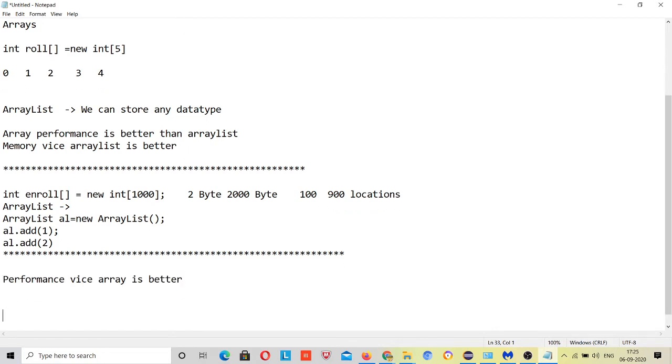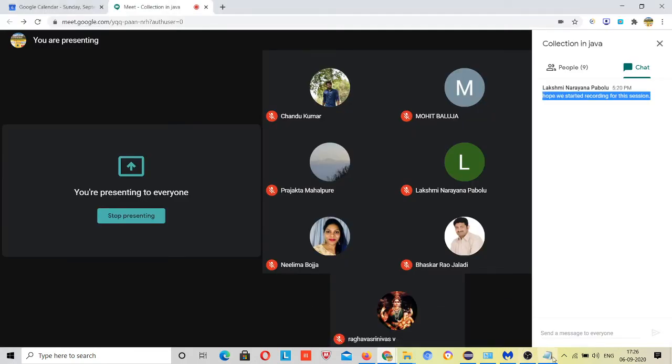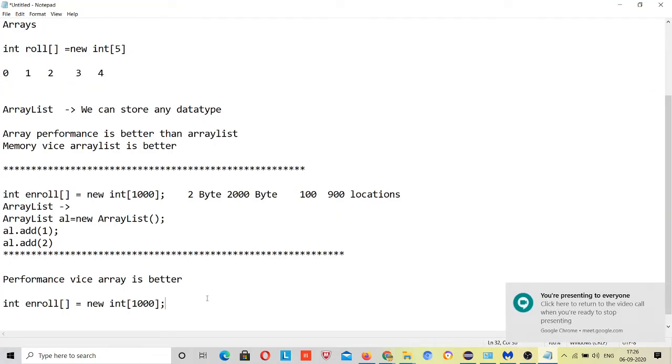Actually, what happens when I create an array like this? Suppose I create an array like this, right? So what happened? Thousands of memory locations created, doesn't matter, memory wastage is there, okay? But when I want to add data to it, I can simply add to them, right? Suppose I have added data in 10 locations, and I want to enroll one more student, then I can add one more, right? Because already we have 10 students, and in the 11th position the new student will be added.